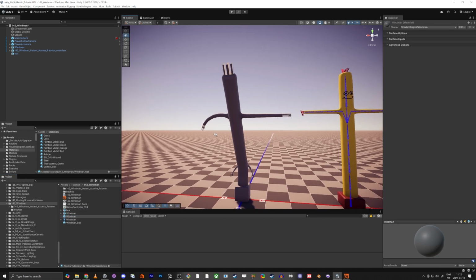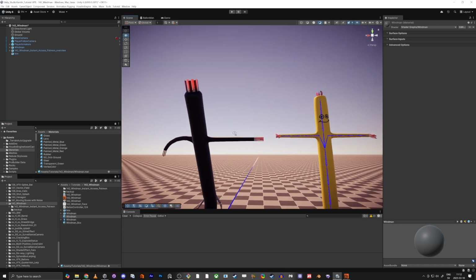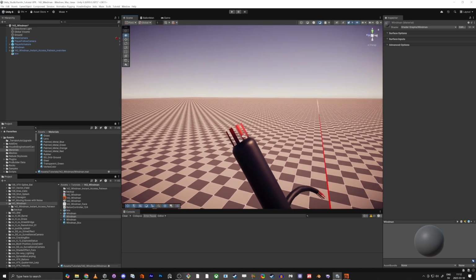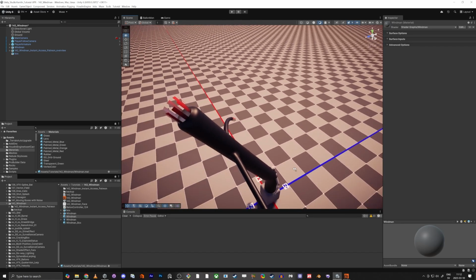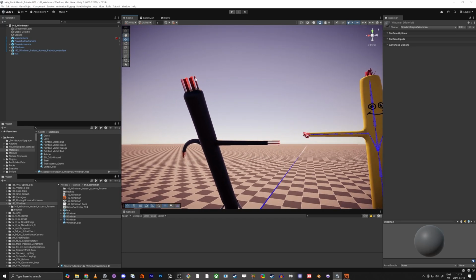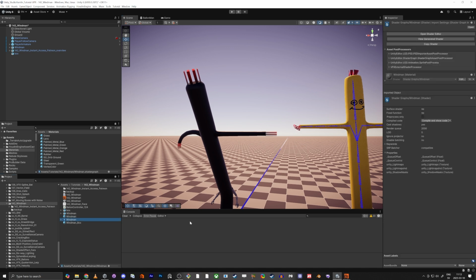So now we have the material on it, and if you do a vertex color on it, you see we have it's black, and then it's going red here. So we're going to use that to make sure that the flappiness is happening where it's red, and the black part is going to be the color yellow. So if we open up here,